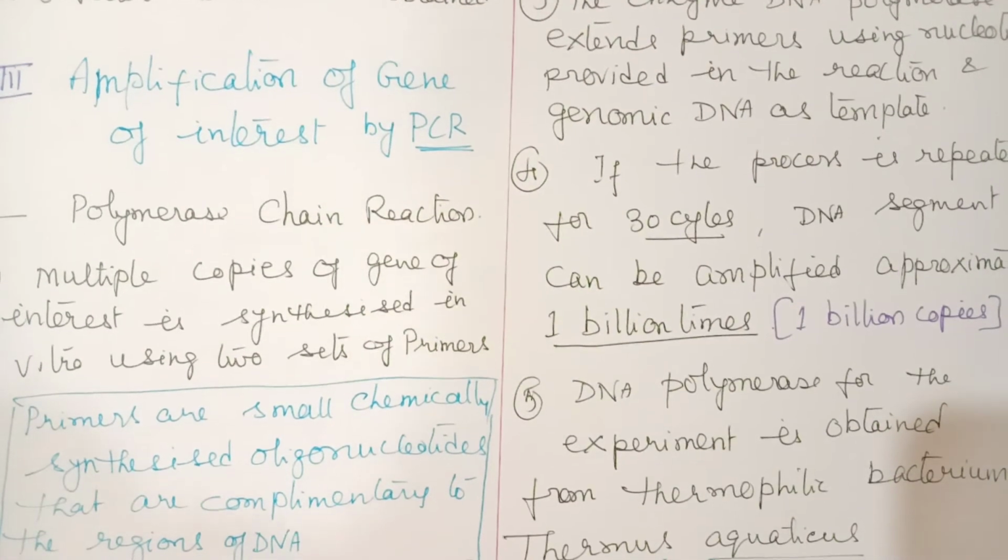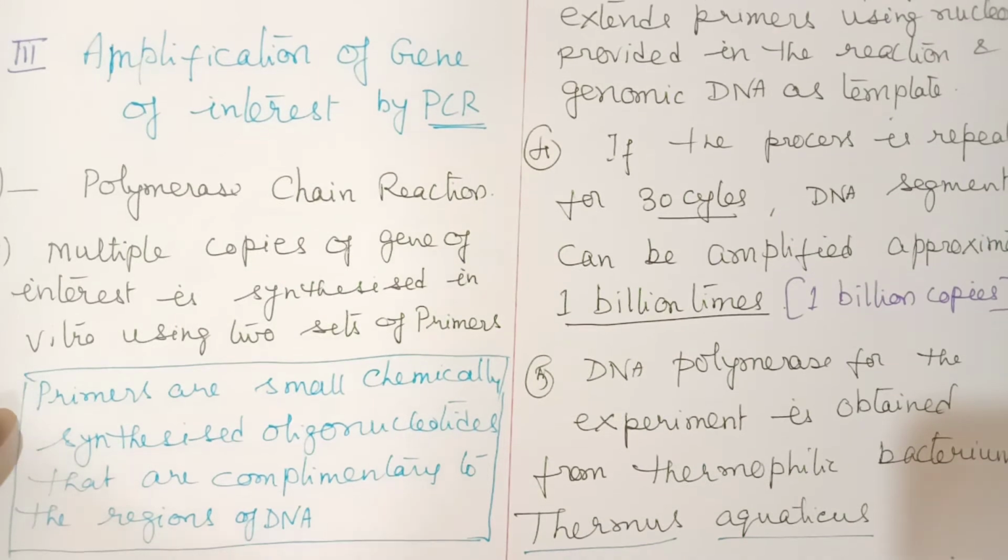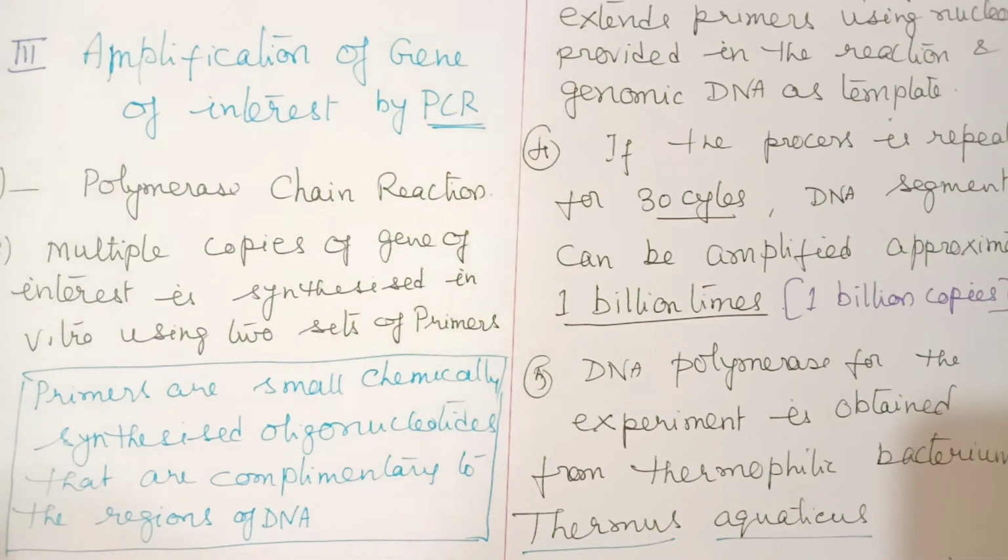Now, the next step is amplification of the gene of interest. Before actually introducing it into the vector, we can first obtain many copies. What is the use of a vector? A vector is only used to transfer it to a host cell like E. coli. And in the E. coli cell, the particular desirable gene will express itself.